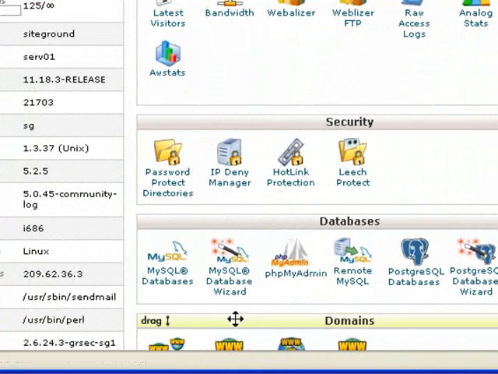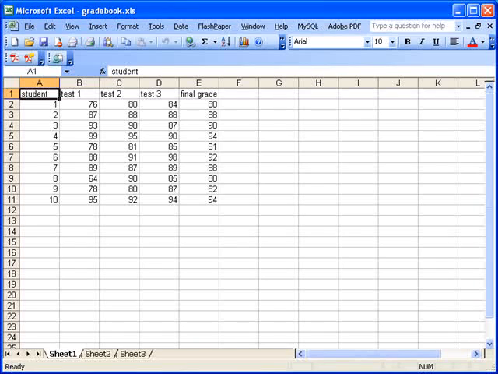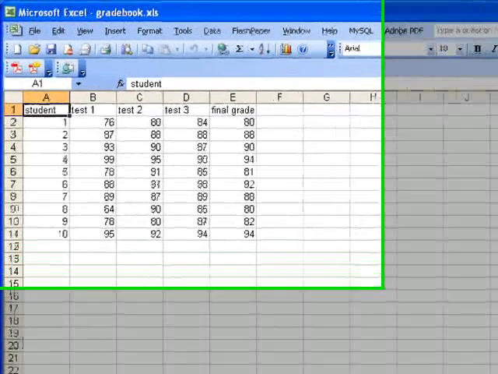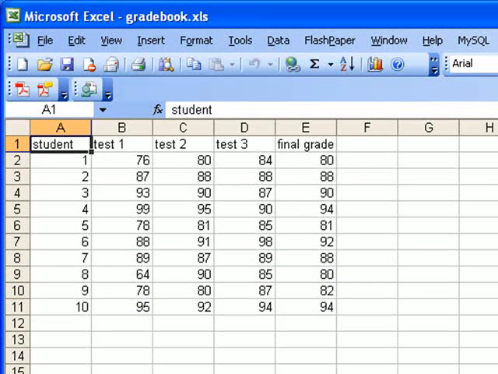So first, let's go ahead and go to Excel and just bring up what we're going to be importing into the MySQL database. Here you see just a very, very generic table. We have students, three different tests, and then a final grade, just averaging those few things. I know that's very basic, but this is just to show you how to do it. So with all this data here, normally you wouldn't really want to have to go ahead and type everything into your databases. Granted, this is pretty small, so you could do it, but say it was on a much larger